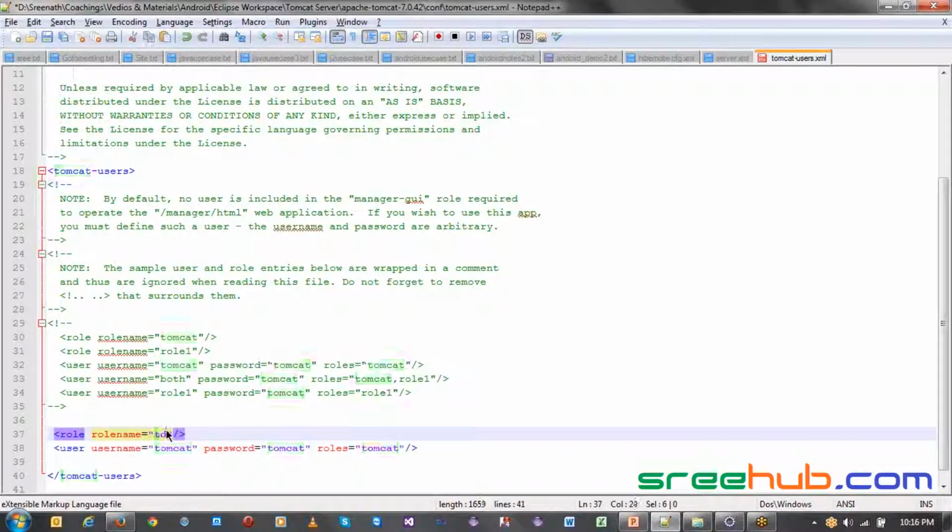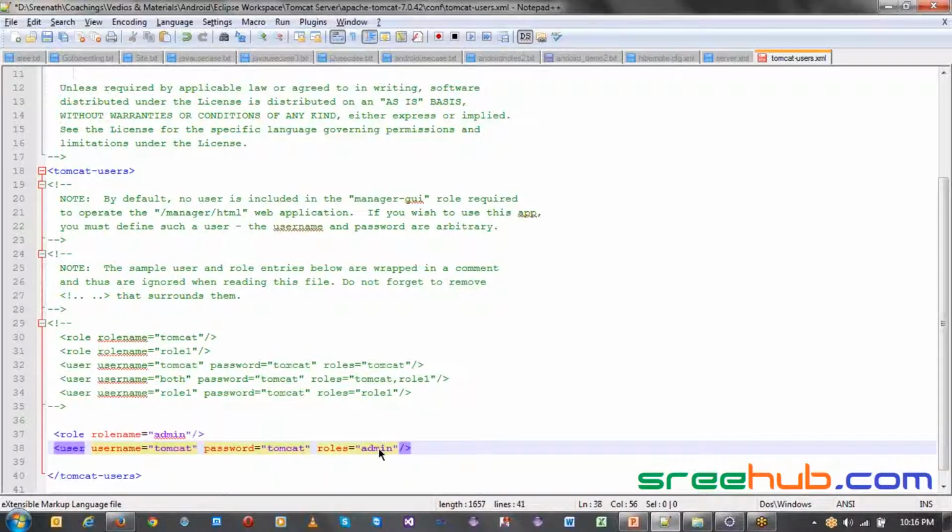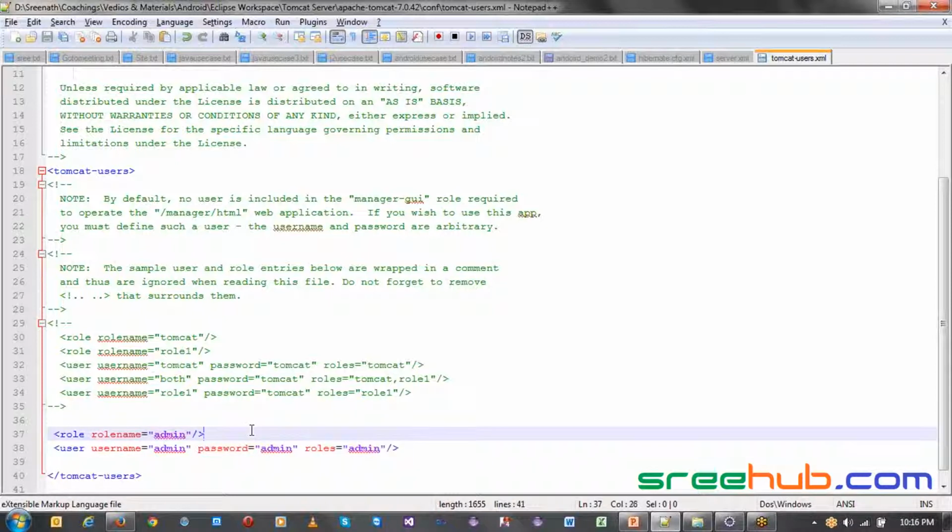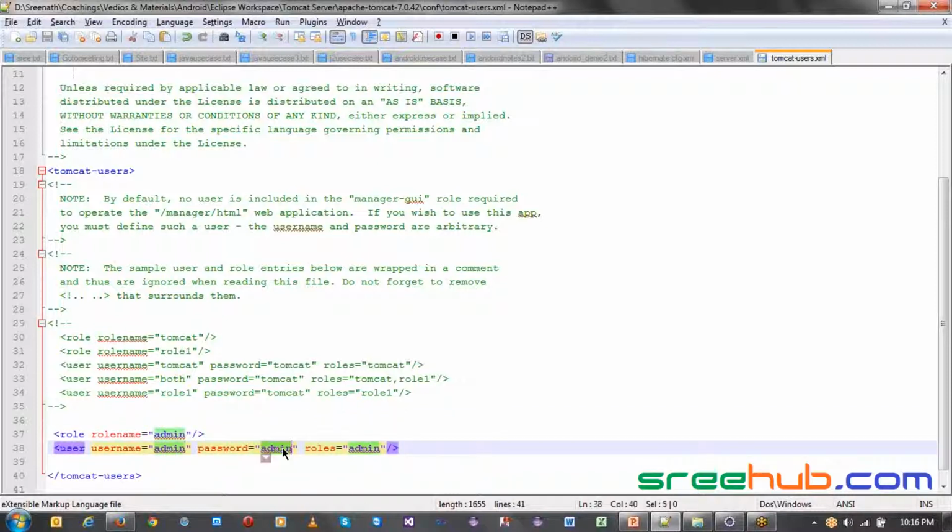So let me give an admin user, and let me give the role as admin, and let me paste the username as admin and the password as admin. Save it. This will create a role called admin, which will be already there in our Tomcat, and it will take this username and password by default.